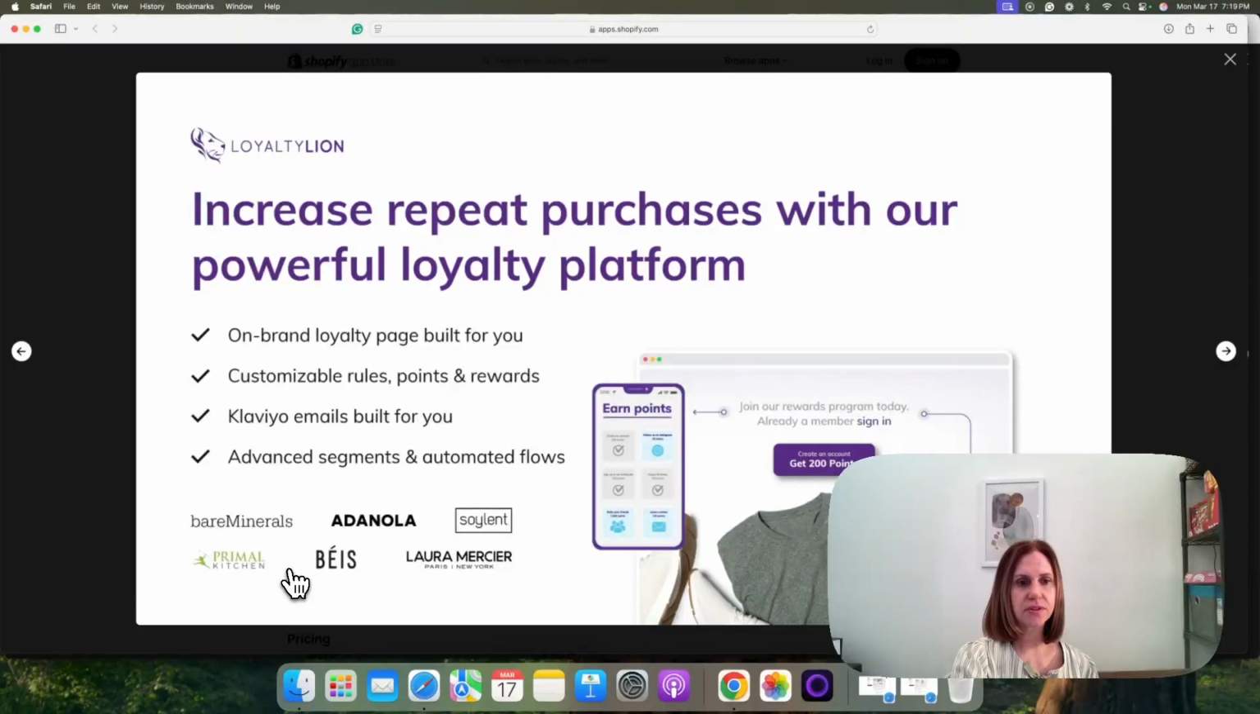Customizable rules, Klaviyo emails for you. Again, with the "for you." What does "for you" mean? Advanced segments and automated flows. Okay. One thing I would say that I don't love is the fact that the supporting image doesn't really